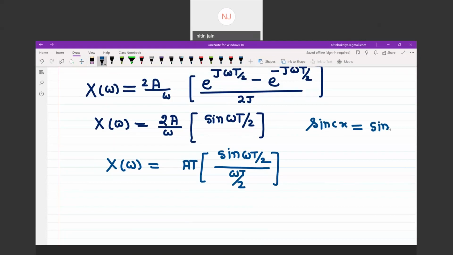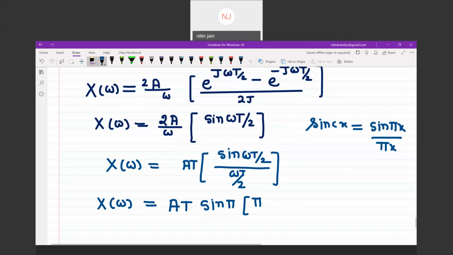Sine pi x divided by pi x. So I can write this as X of omega is A into T, sine of... pi, okay, pi has to be multiplied, so you can say